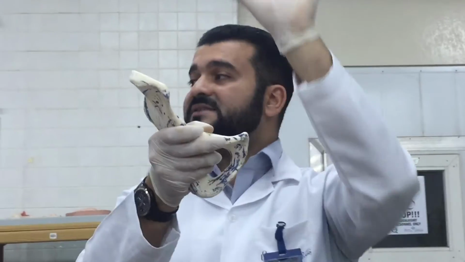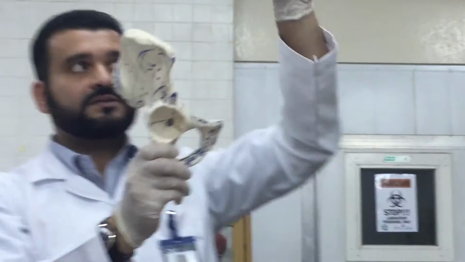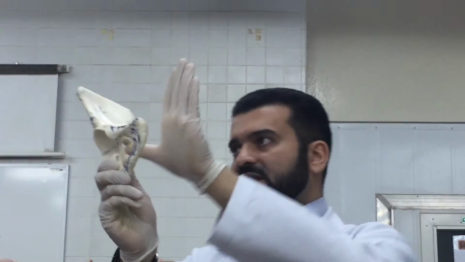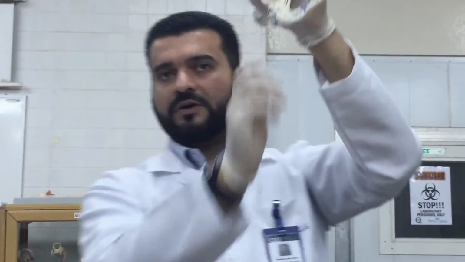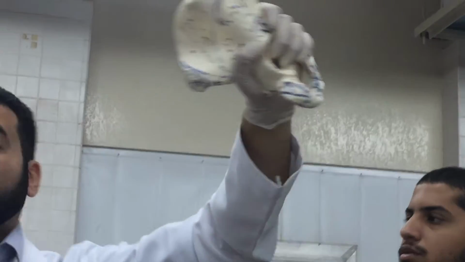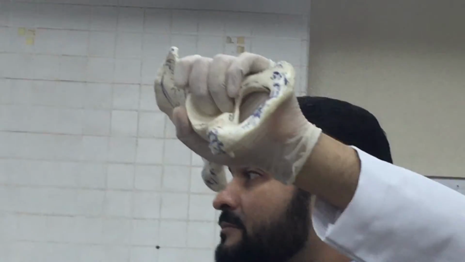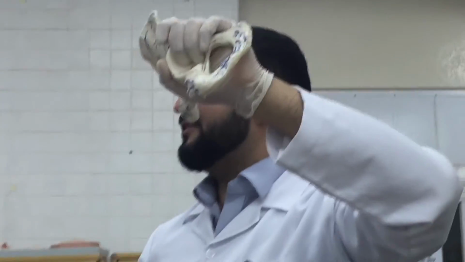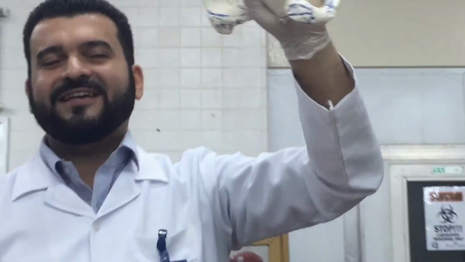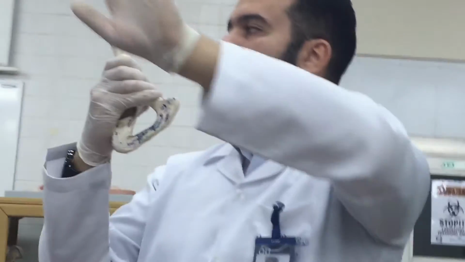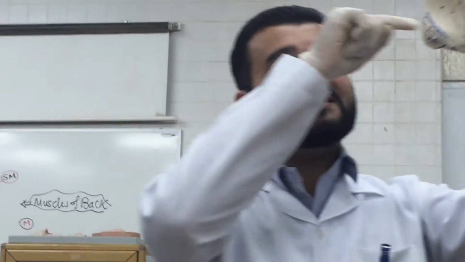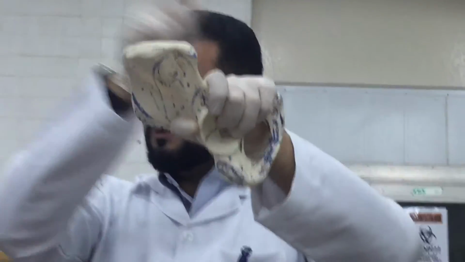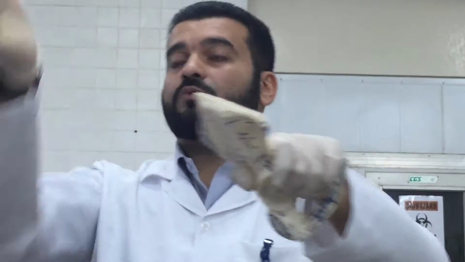If I start with the left hand, for example, like this, this is the depression and this is the iliac crest above. I put it like this and wrap my fingers. Look here, I can't hide it. Anatomically, it is not completely covered. Completely covered means it's hidden. I can see part of it here. So with the left hand it is not covered, so it is not the right bone.